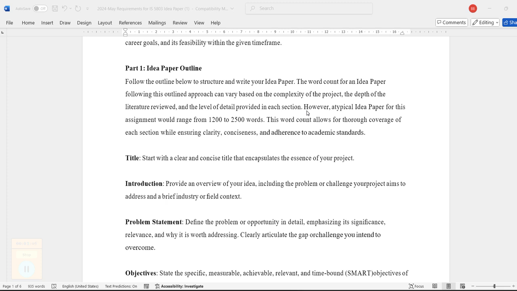Say for example, there is a busy salon which is getting an unexpected number of customers, and because of that there are long queues in front of the salon and customer dissatisfaction is identified. The organization in future might face difficulty in handling the customers. Most of the customers can leave the organization. It will become difficult for the organization to retain them because people waiting in a queue usually get disappointed. So how can we solve that problem? That is the problem the organization is having, so how can we solve it?